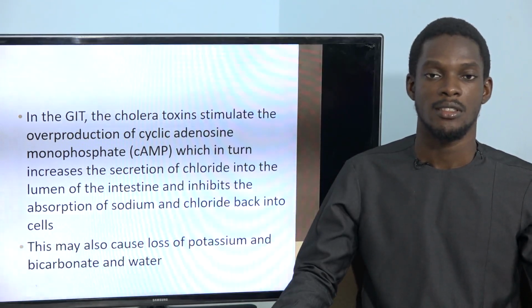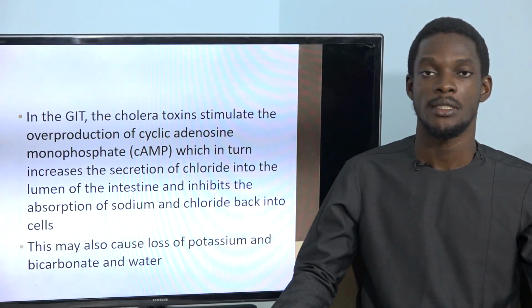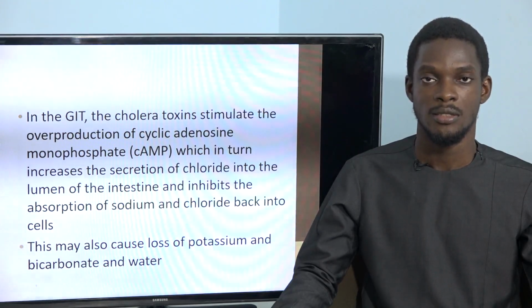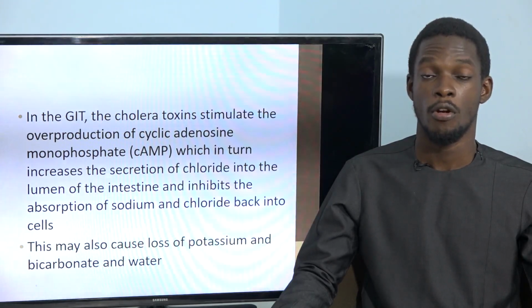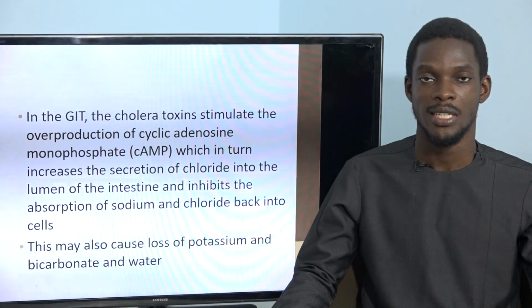Think about it. We are stimulating cAMP. What you are saying is that we don't want anything to enter. We are releasing sodium and chlorides. These chlorides will also soak up as much water as they can from the body cells and then draw as much water as they can into the intestine. So we are secreting it, all of them stay in the intestine. None of it enters the body. All nutrients don't enter the body, and all of it comes out.